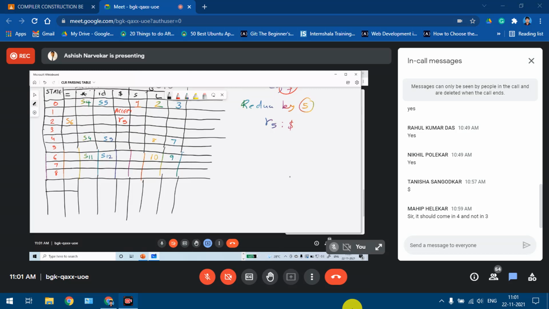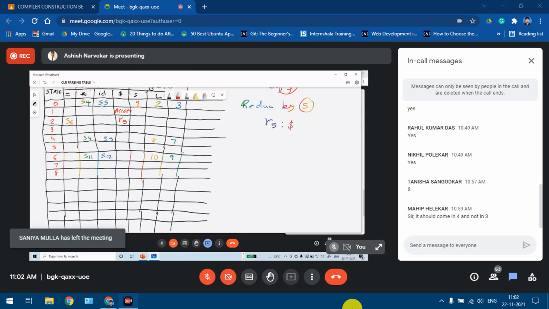As I said, we are just doing the shift entries first. We are keeping the reduce entries in the end in order to understand it better. So please do not get confused. You can do it in sequence also. There is no harm in that. But I'm just trying to cover step number 2A first. So 2A and the third step, 9, 10, 11, 12 and 13. There are 13 states.